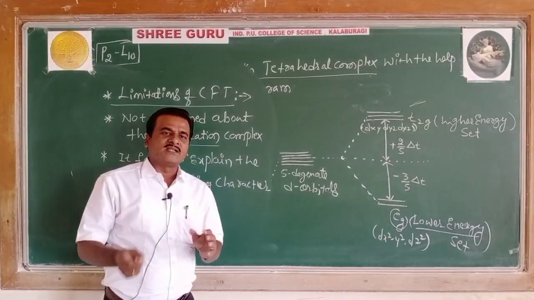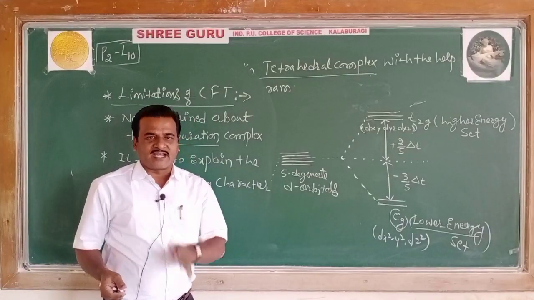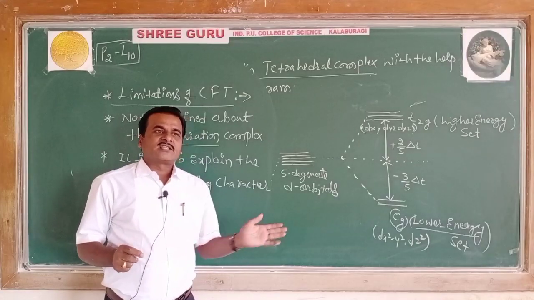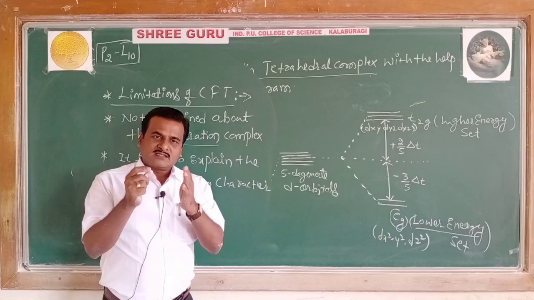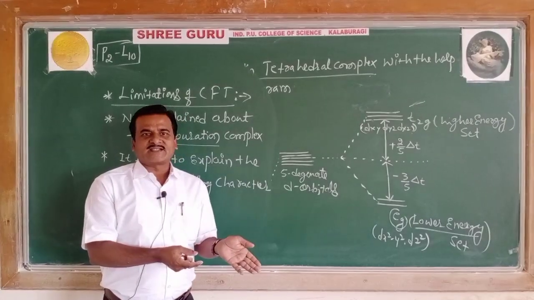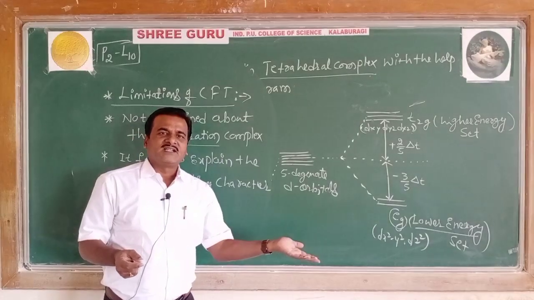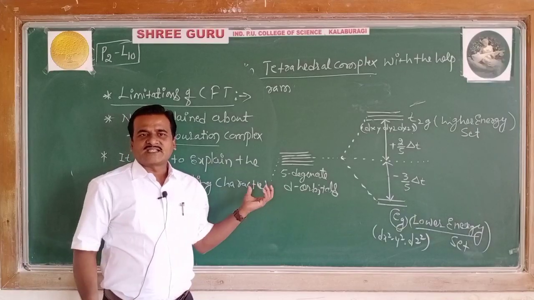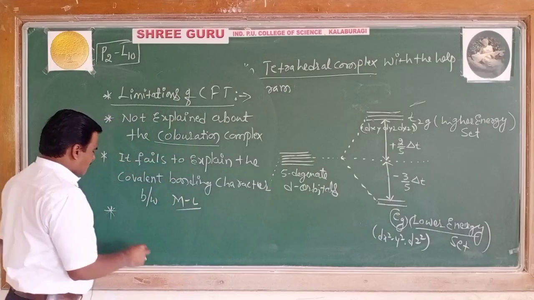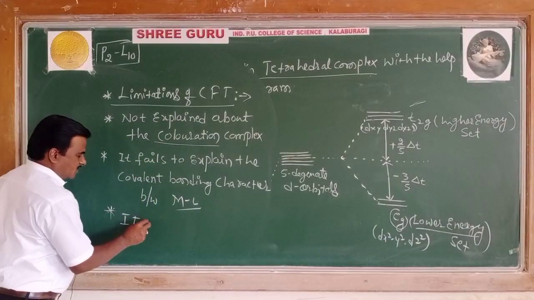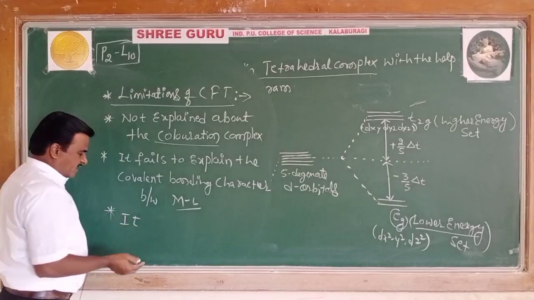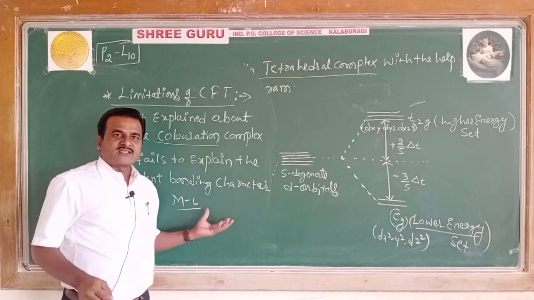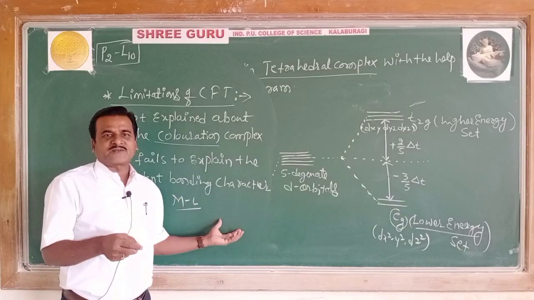Because of the greater repulsion, the anions must act as a strong ligand. But when you see the spectrochemical series, what anions are considered as the weak ligands? Anions are placed at the left end of the spectrochemical series, which is quite a contradiction as per this theory. It fails to explain. Actually, anions must act like a strong ligand, but in the spectrochemical series, they were placed at the left end.